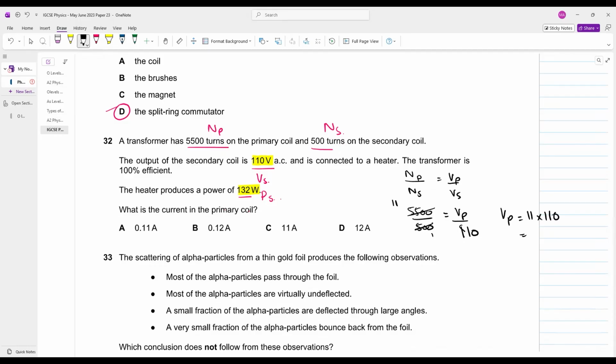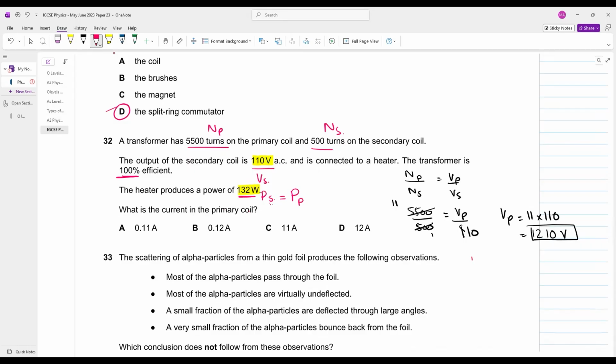Primary voltage comes out to be 1210 volts. Now, please, I want your undivided attention. Can you see the power in the secondary coil, or the power in the heater, is 132 watts? Now, this is a property of a 100% efficient transformer. Beta, whenever it is a 100% efficient transformer, the power in the secondary coil will be equal to the power in